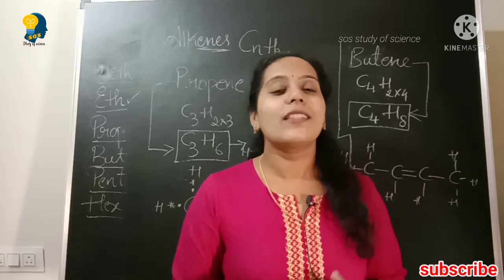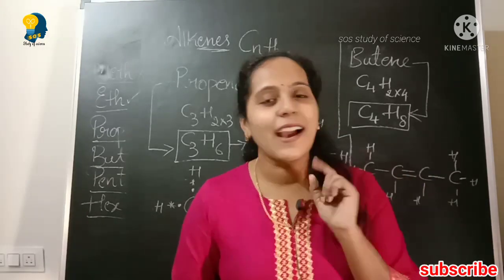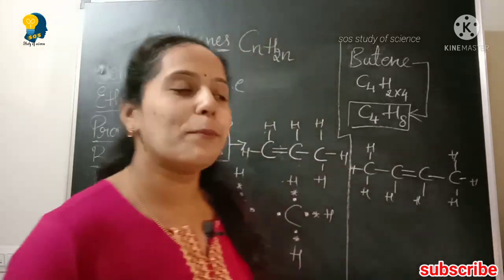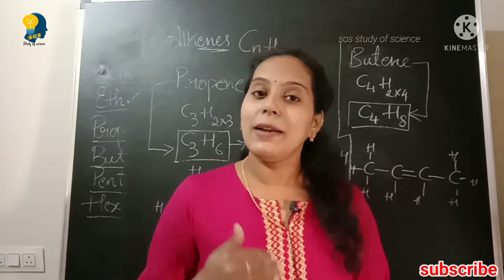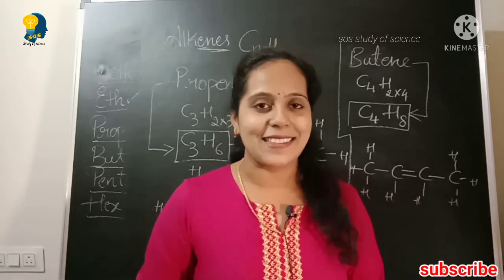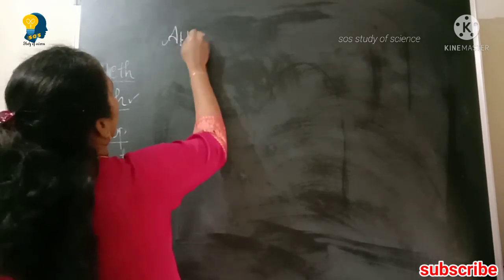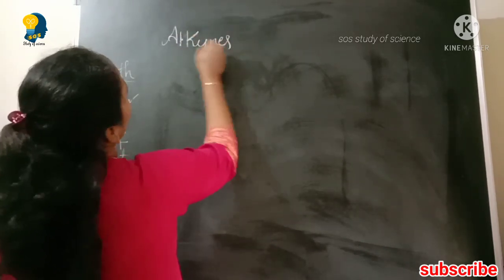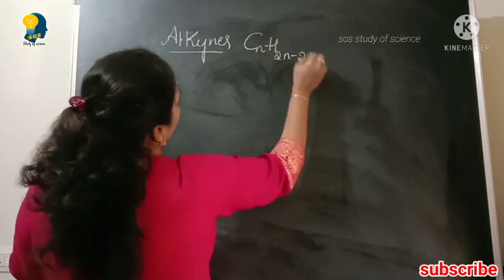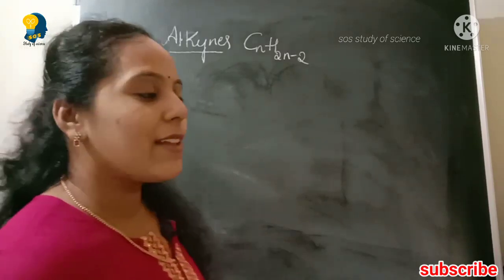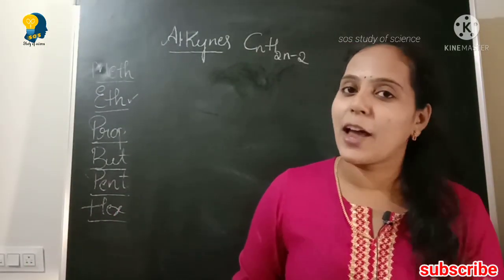Now let us move to the next member under unsaturated hydrocarbons, that is alkyne. Okay, so it is also very simple. See, if you try writing one after the other, everything will be very simple. I will be discussing that in the exam oriented classes. Next is alkynes. So the general formula for alkynes is CnH2n minus 2. I told you alkynes are the unsaturated hydrocarbons which have a triple bond between the carbon and carbon